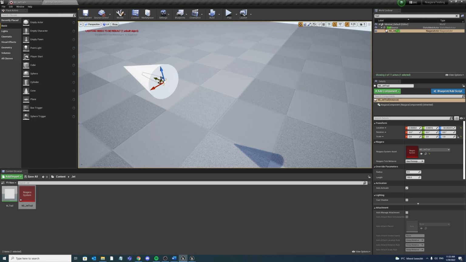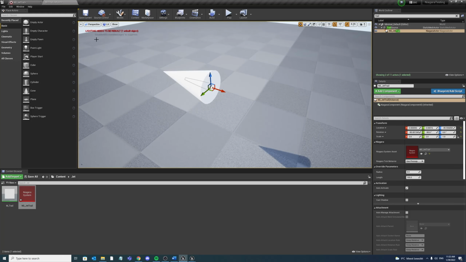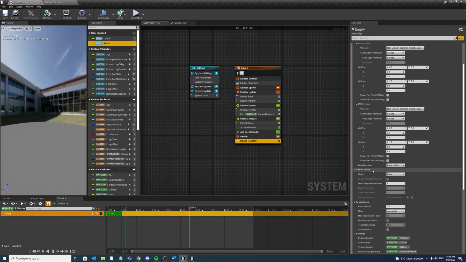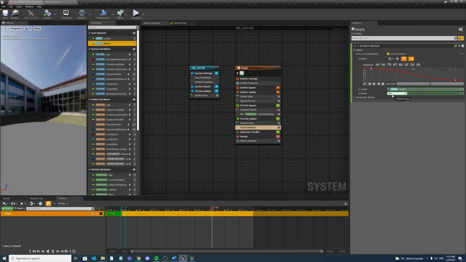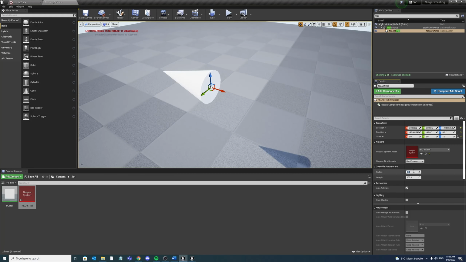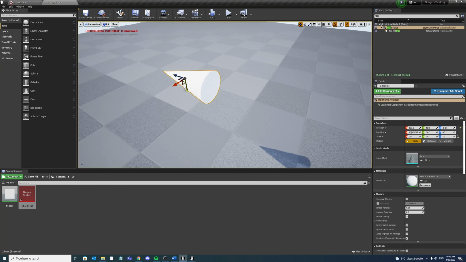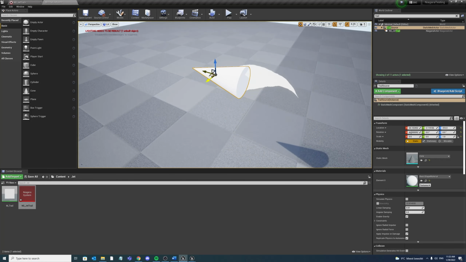There you go. Point it out with the x-axis, and z should be up. There you go. Now ribbon renderer should be set to tube, and the radius, we can set this to 50 maybe. Now as we drag this around, we are spawning